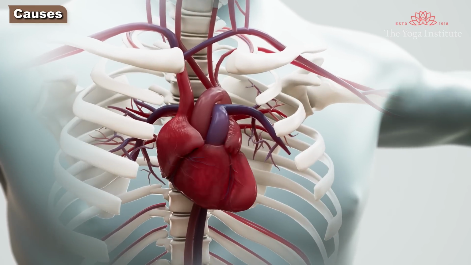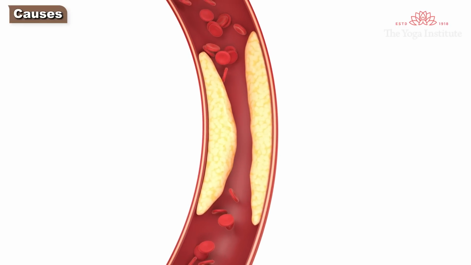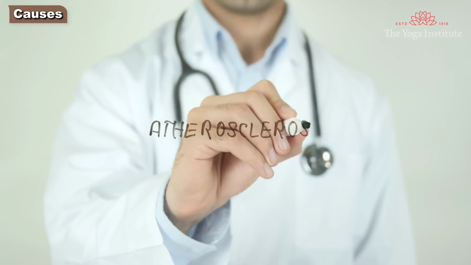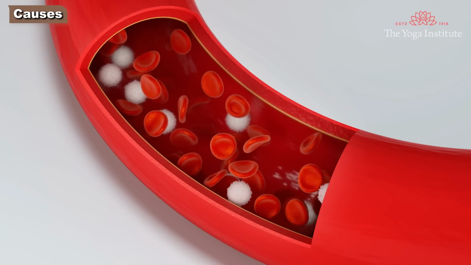When the inner wall of an artery gets damaged, fatty deposits, a plaque made of cholesterol and other cellular waste products, tend to collect where the injury has occurred. This process is called atherosclerosis. If the plaque surface breaks or ruptures, the blood cells and platelets come together in order to repair the artery. Now, when so many blood cells collect in one place, they can block the artery, leading to a heart attack.